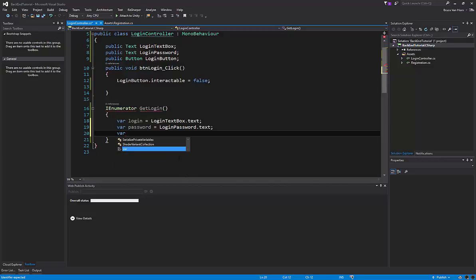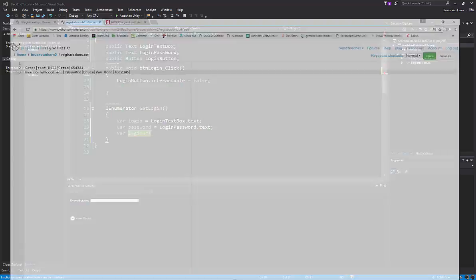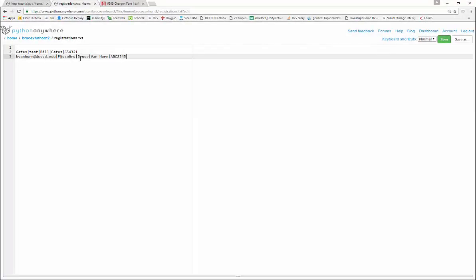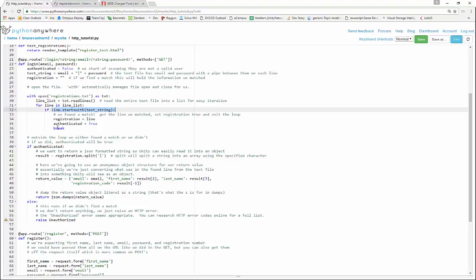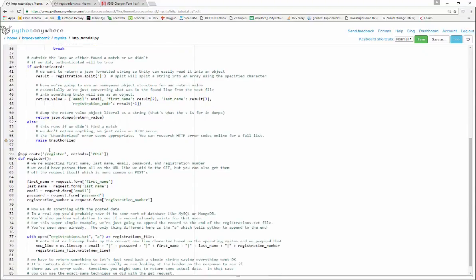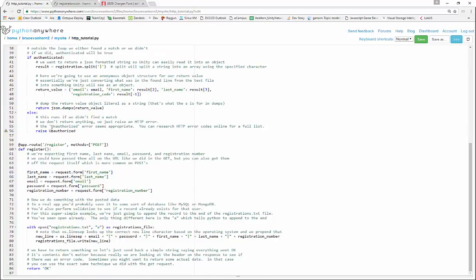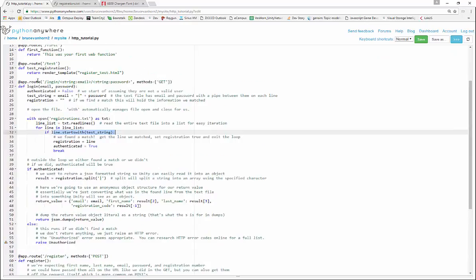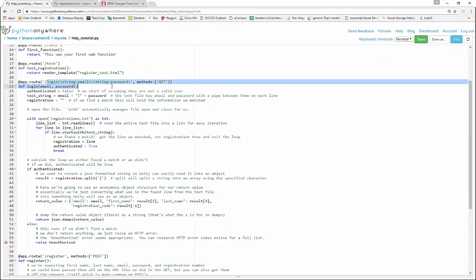So I'll create a variable called loginURL, and that's where we need that URL from that site that we created. And so our login URL, I think we used it just a minute ago, but it should be whatever yours is /login, right? And then it wants, there it is, it wants the email and the password. So I'll tell you what I'll do. I'm just going to grab that whole thing